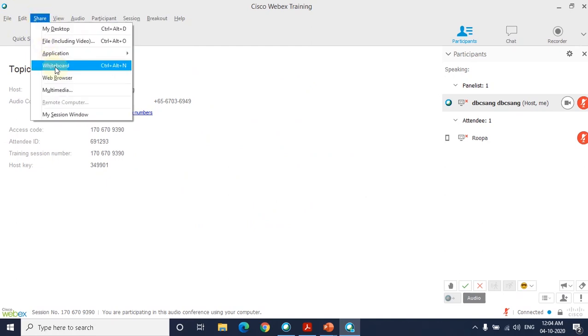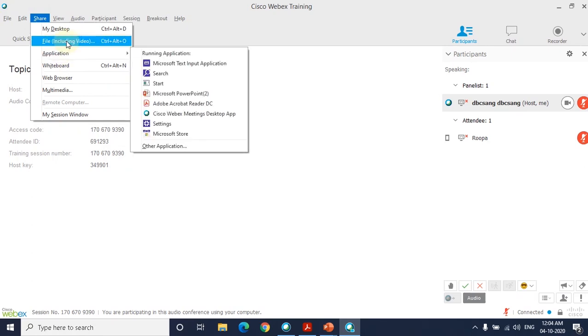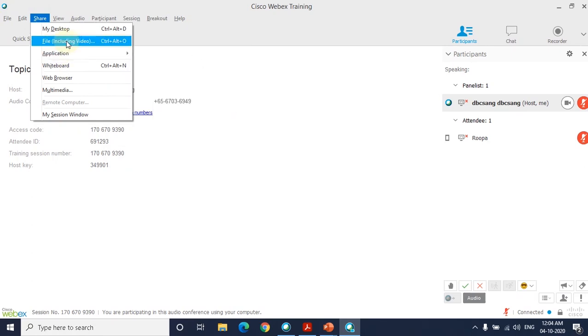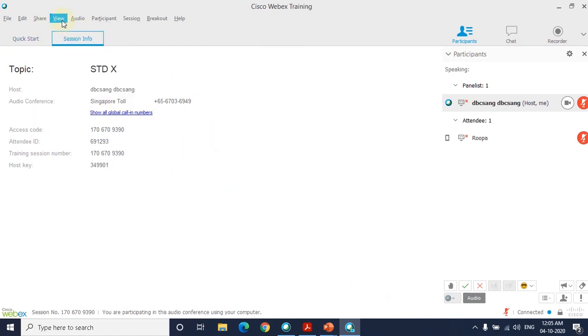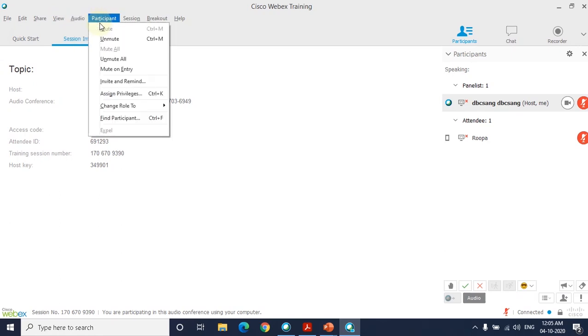Then as I said, you can run your Word, you can run your Excel file, you can also run any particular video. That is also possible. Clear? So video, now I am not running it because the video will go very lengthy. So any video you have, you can have it opened, minimized from here, and then from here you can directly run the file including video. So these are the different options. Then audio, all this is not required for now.